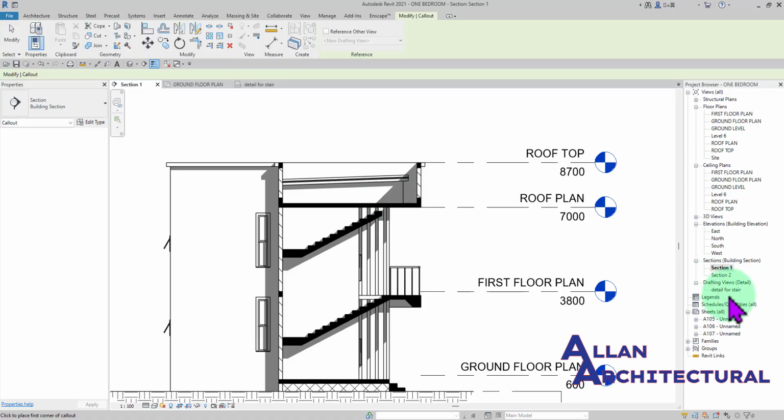I want it to appear in, let's say, my drafting view. I want that callout to appear in that drafting view, where I can actually use lines to do all of those details that I have to do in here. So what you can do is, before you